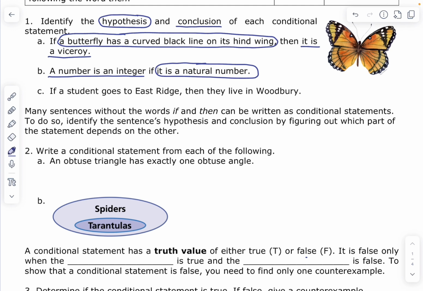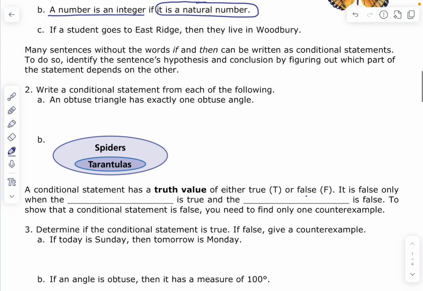All right, many sentences without the words if and then can be written as conditional statements. To do so, first identify the sentence's hypothesis and conclusion by figuring out which part of the statement depends on the other. Okay, let's go over these examples. So it says, an obtuse triangle has exactly one obtuse angle. So our hypothesis here would be that a triangle is obtuse, and our conclusion then would be that it has exactly one obtuse angle. So our conditional statement would be, if a triangle is obtuse,